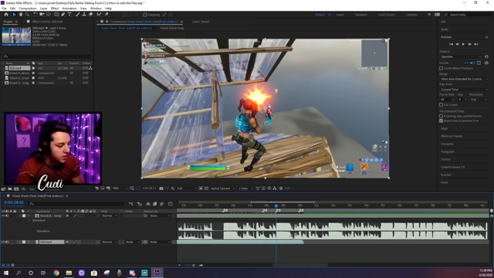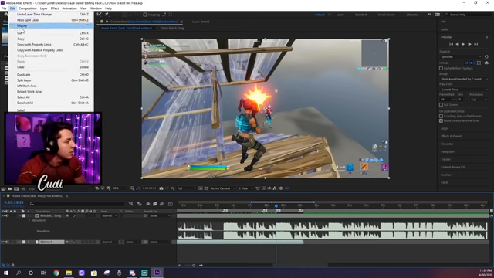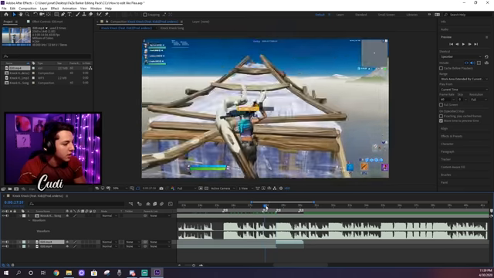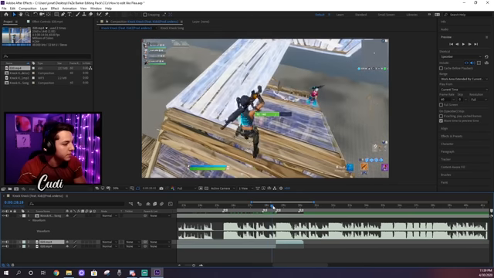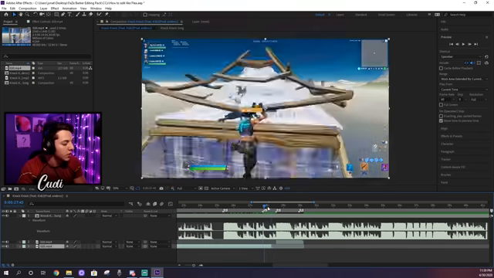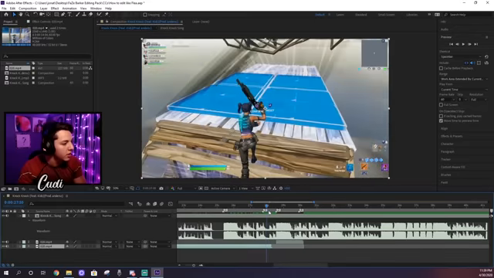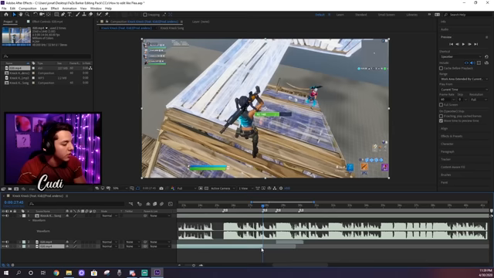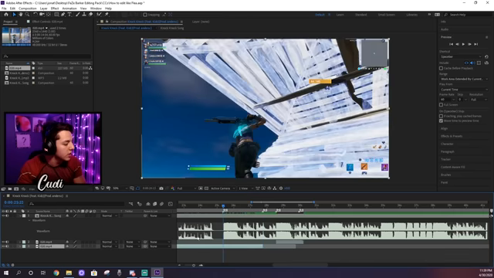So Control Shift D, or if you want, click on Edit, Split Layer. Couldn't find it for a second. It's been so long since I've done it. And we can go ahead and just sync it right here. What I want is for this part right here to show up at this point right here, so I'm going to drag it over. Now if we just look at it,